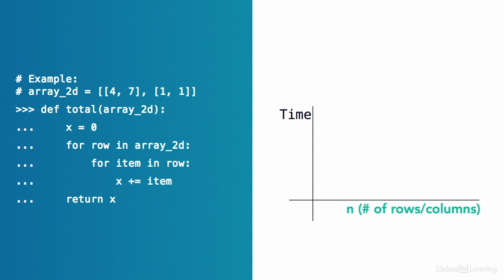Let's say when n is equal to 0, or when the array is empty, this function turns out to take 20 milliseconds to run without any for loops to run. When n is equal to 1, we need to run one for loop. And let's say each additional for loop happens to take 1 millisecond here. So this would take 21 milliseconds. When n is equal to 2, we would have 4 items in the given 2D array, just like the example shown on the screen, and we need to run 4 for loops in that case. So this function would take 24 milliseconds to complete. When n is 3, we need to run 9 for loops, and so it would take 29 milliseconds.